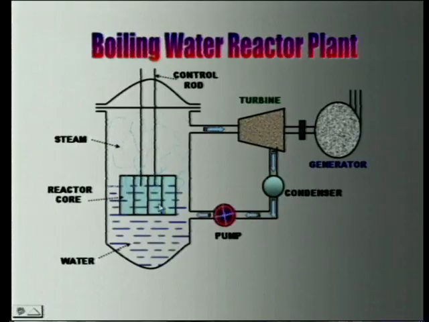If you observe, the water flows through the reactor core from the bottom, absorbs the heat that is generated in the reactor core, gets converted into steam, and the steam is passed into the turbine. After giving away the velocity as well as pressure in the turbine,